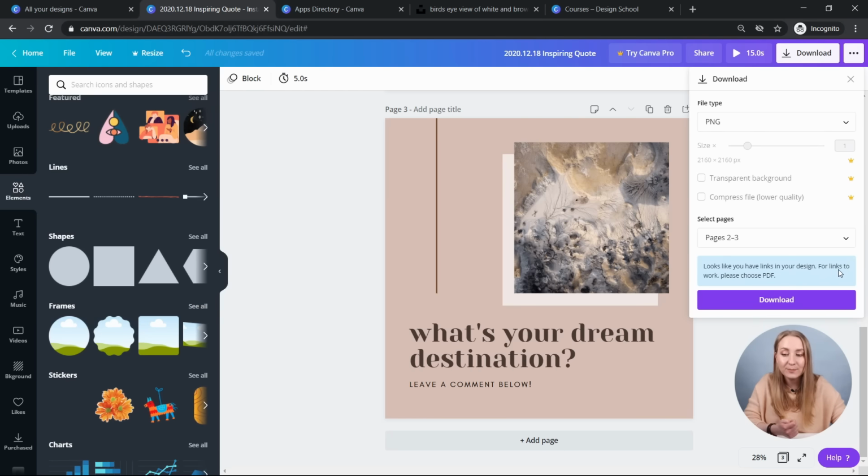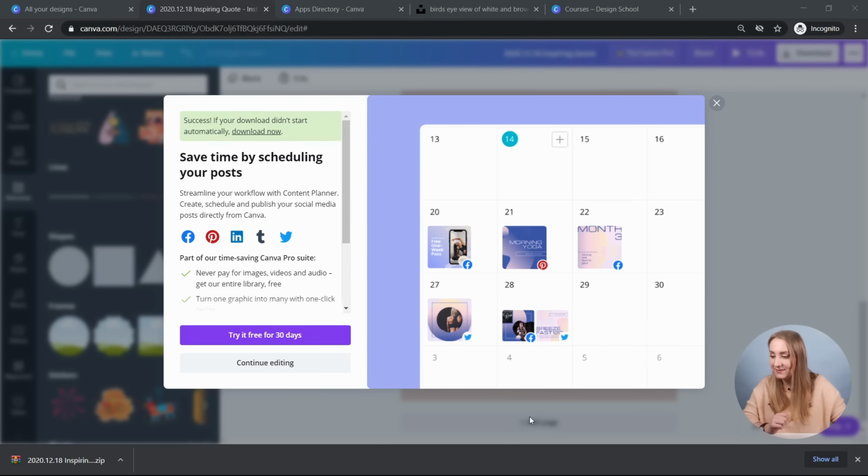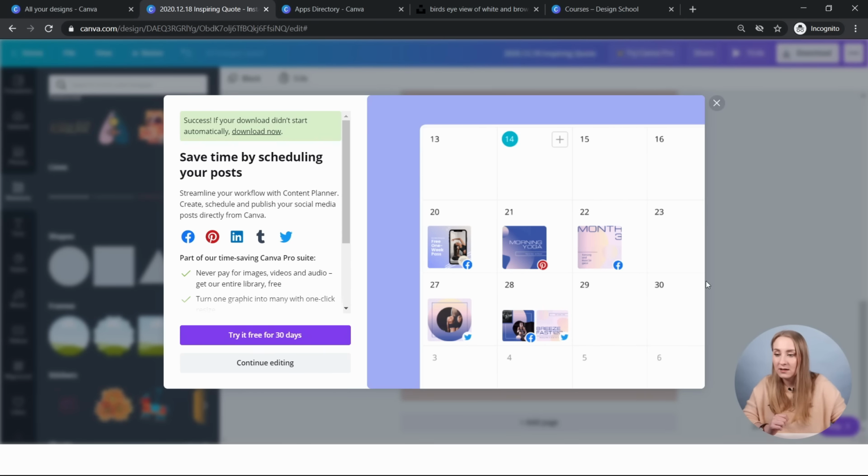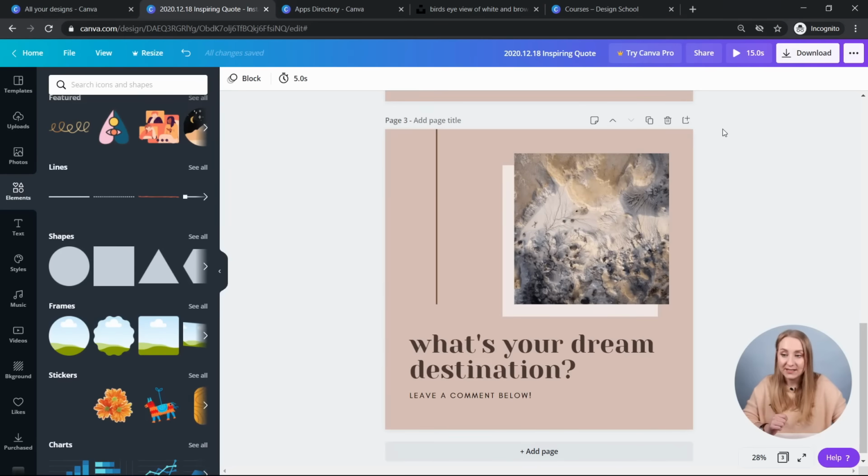For links to work, please choose PDF. Obviously, if you're using image extensions rather than PDFs or videos, there's some functionalities that won't be saved with that. So for PNG or JPEG, you won't have the links applied to it. So Canva lets you know that. And it just saves it as a zip file, so you can just unpack it and you'll have your designs ready to upload.